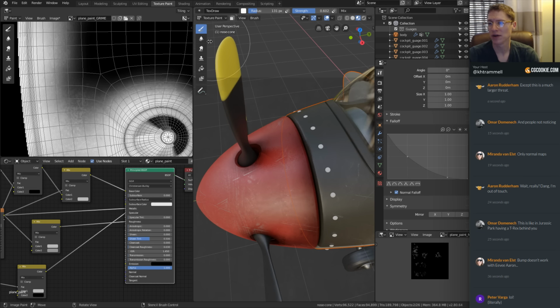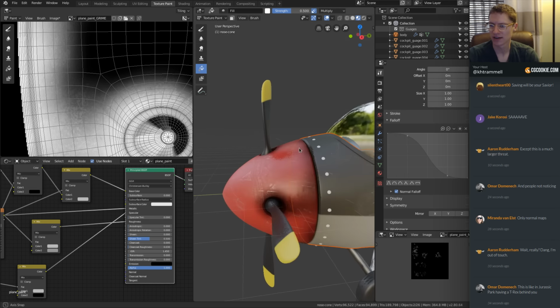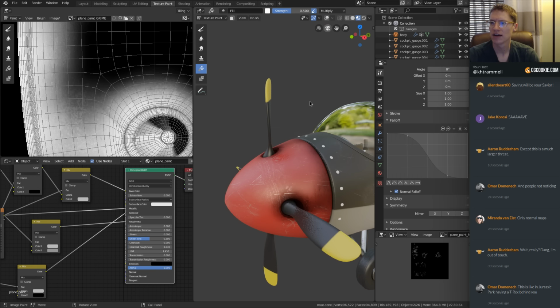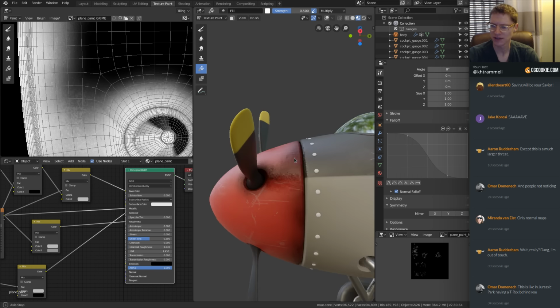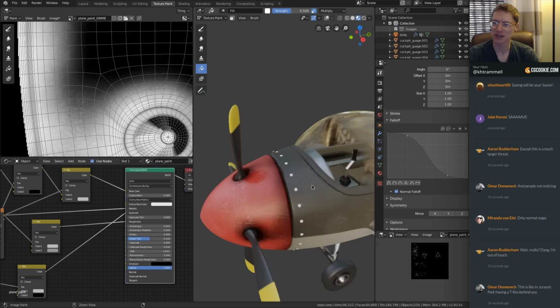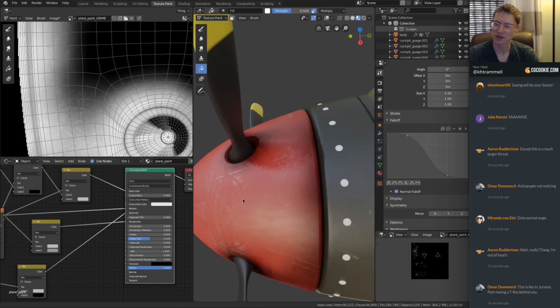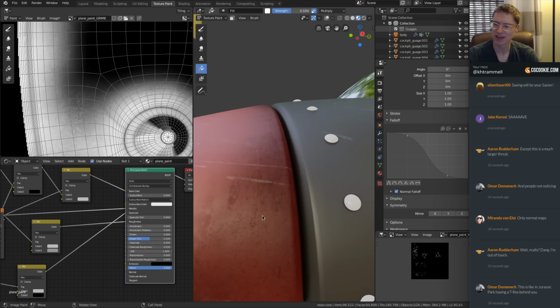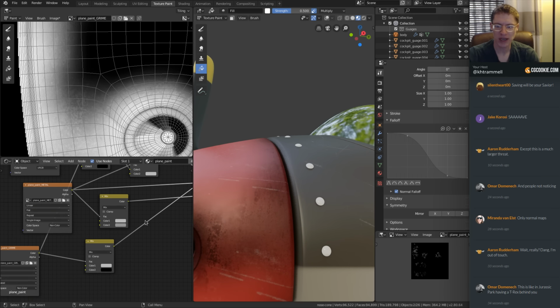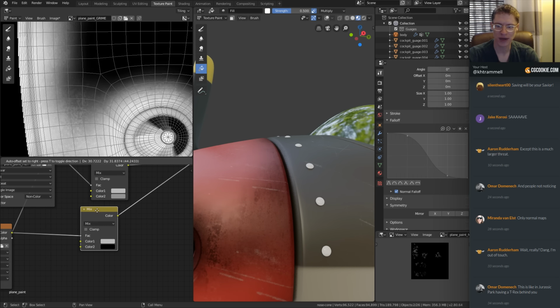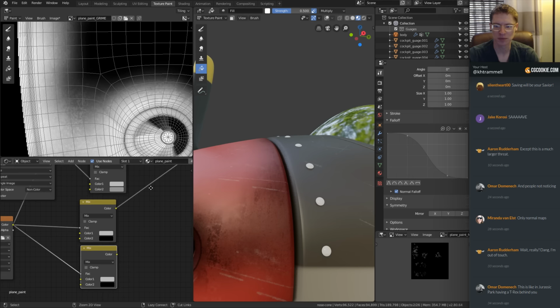But wow, so much more dimension. You see how cool that is? That is so much fun to paint. And doing it real time as well. Love that. But we can also, if we want to be really thorough, we can duplicate another color mix for